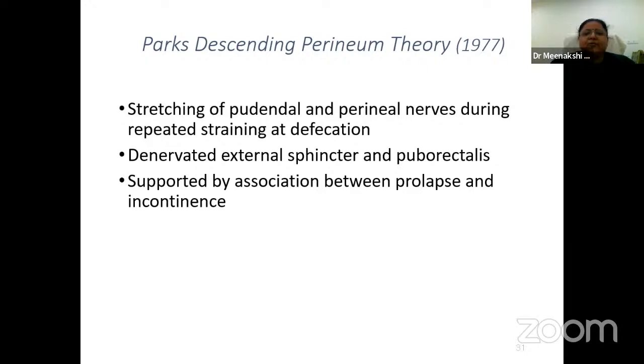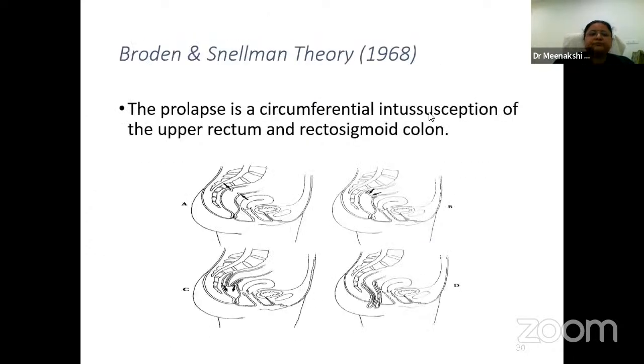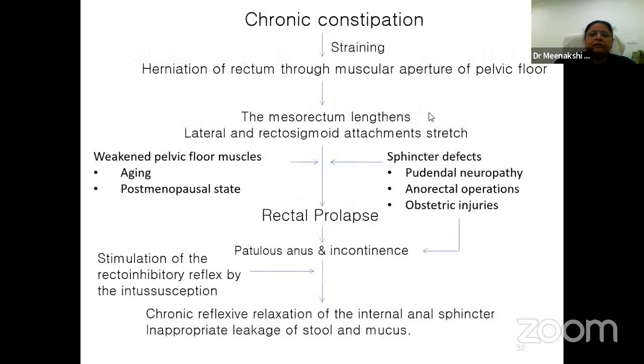What happens in rectal prolapse? There is straining, there is herniation of the rectum. So whenever there is chronic constipation, because of straining, there is herniation of the rectum through the muscular aperture of the pelvic floor. Then there is lengthening of the mesorectum. Then there is stretching of the lateral and rectosigmoid attachments. Ultimately, it leads to the rectal prolapse, which is